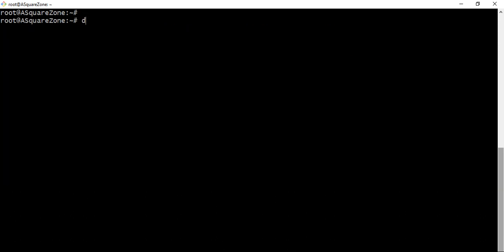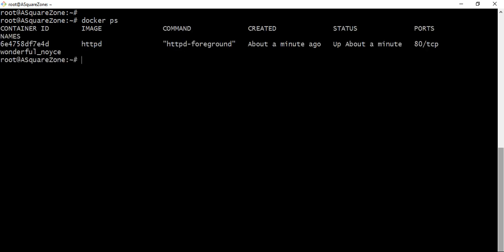And next we will see another command, docker exec -it, where we mention the container ID and bash. As we ran the previous docker ps command, we'll copy the container ID here, and now we are going to execute exec -it, the container ID followed by bash.